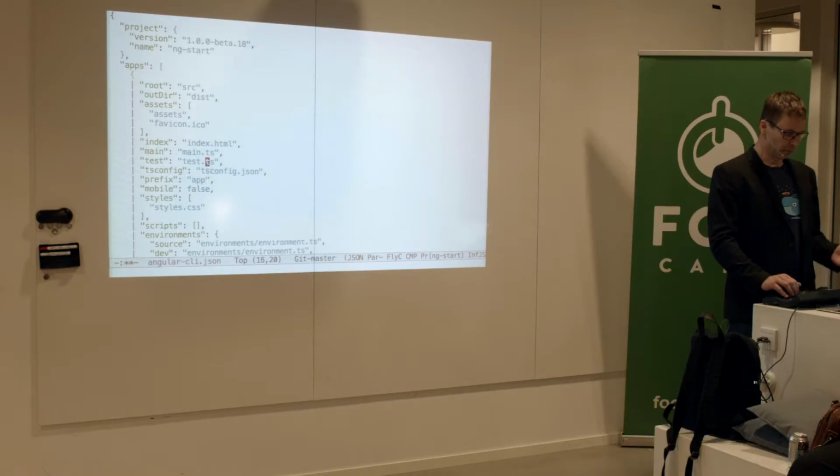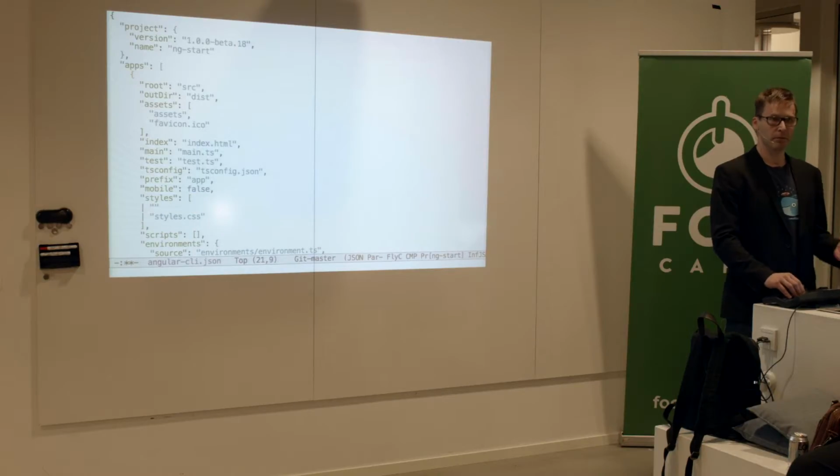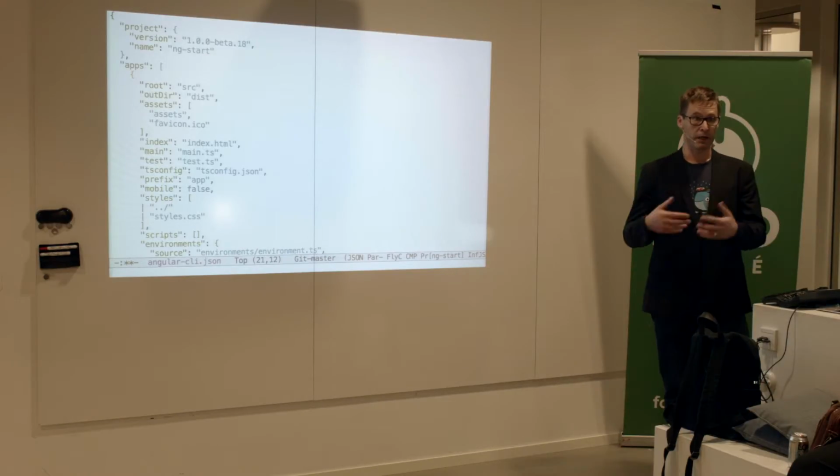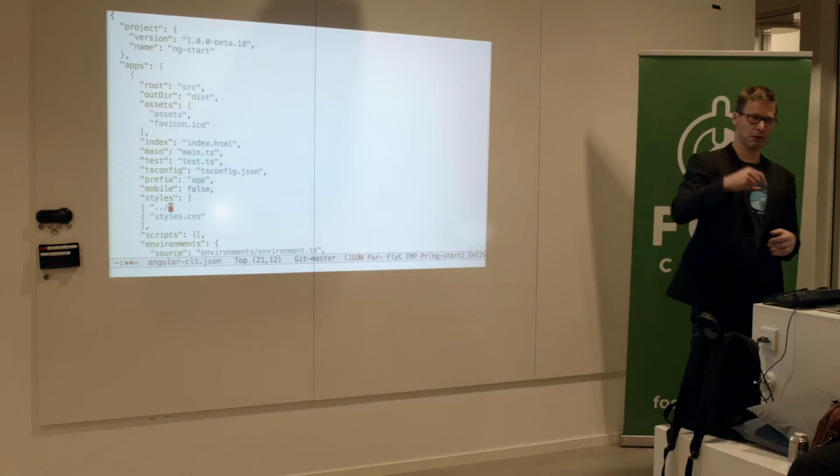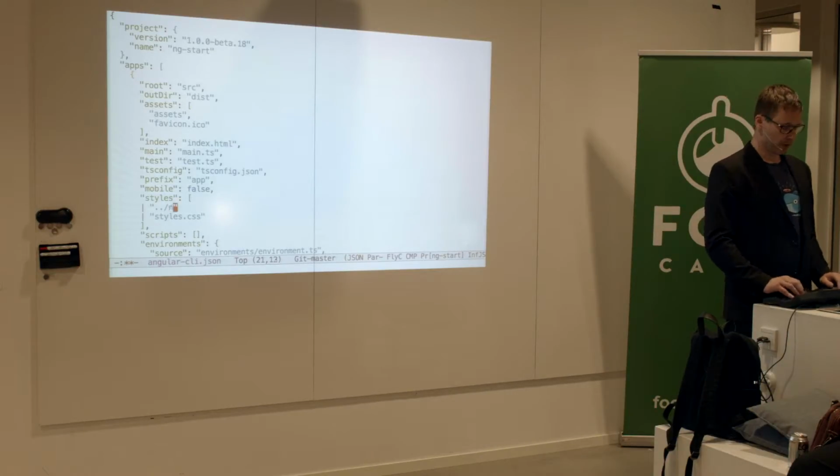And other configuration. And here you have the styles, where we should add the Bootstrap. And you start with ..., because when ng serve is running or building, the root directory is the source directory. So you have to go one step up, and then